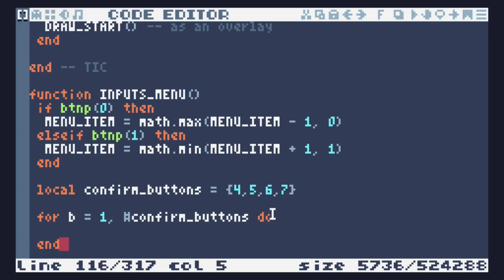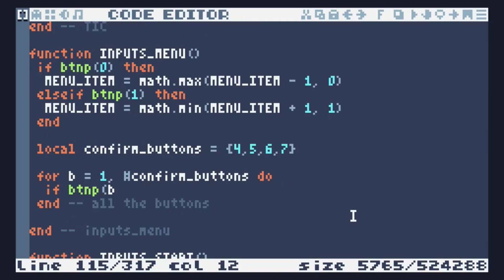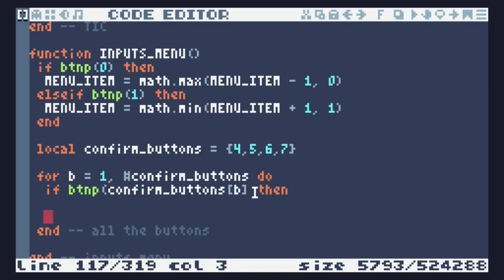Do. End the do. All the buttons. If button is being pressed for, now I can't just put B because that'll check 1, 2, 3, 4, and 1 is down. So pressing down is going to confirm. We need to check the value in confirm buttons at B. So it'll go to confirm buttons, look at the first value. If that's true, this will be true. Then